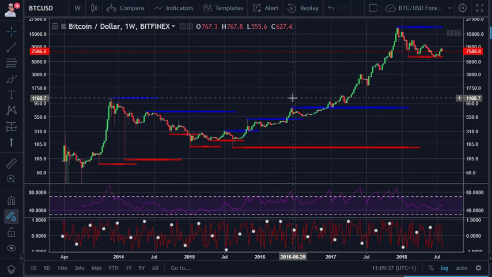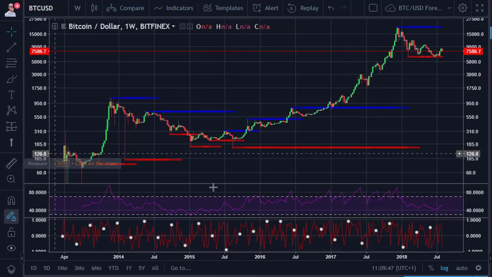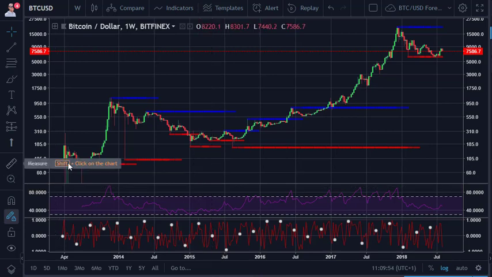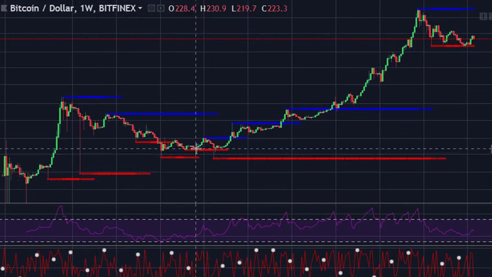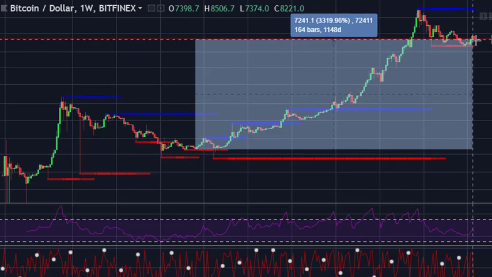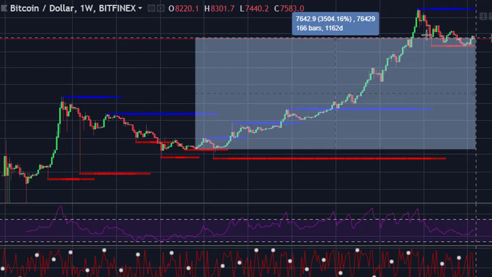First of all, let's look at HODL. Now that stands for hold on for dear life, and basically it means that all you do is you buy your Bitcoin at a certain time and you just hold on to it, expecting the price will rise in the future. So for example, if we had bought back in 2015 when the price was down at $218 and we sold at the current value of $7,583,